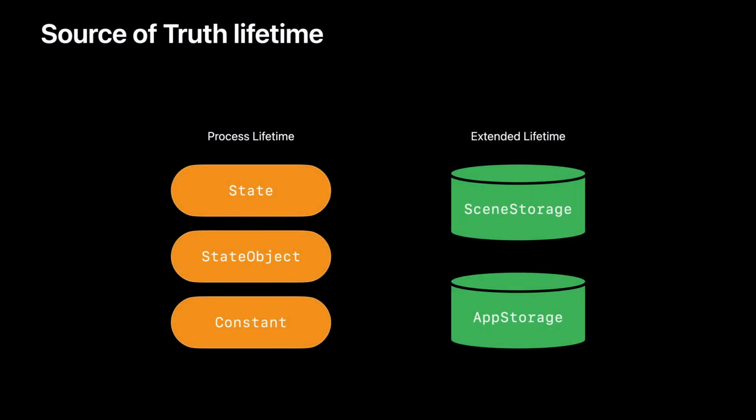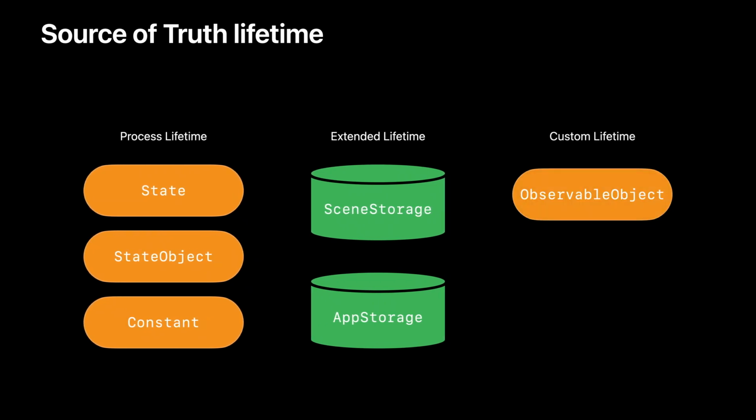We've seen a variety of tools today for process lifetime and extended lifetime, and you use each of the tools here to store UI level state. For the storage types, please be careful not to store everything with them, because persistence isn't free. I'd like to also call out one more tool, and that's Observable Object. We've designed Observable Object to be very flexible, so you can use it to achieve super custom behaviors, such as backing the data by a server or by another service.